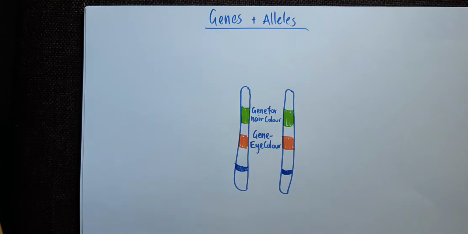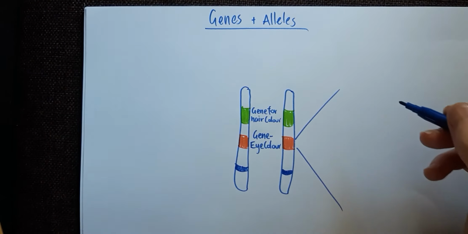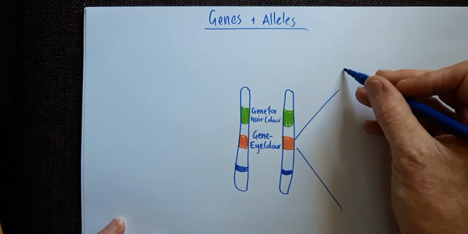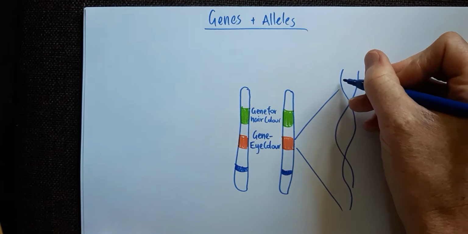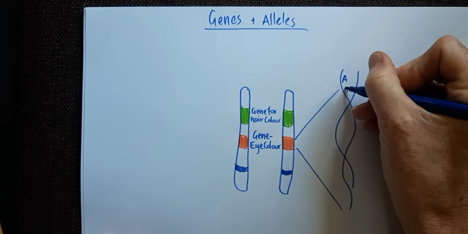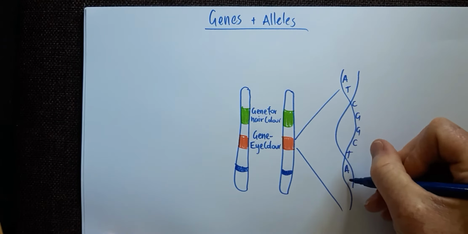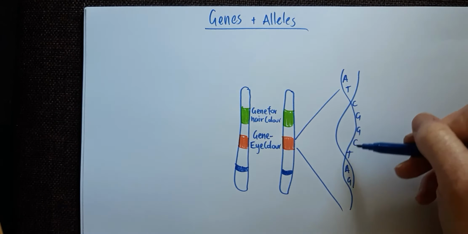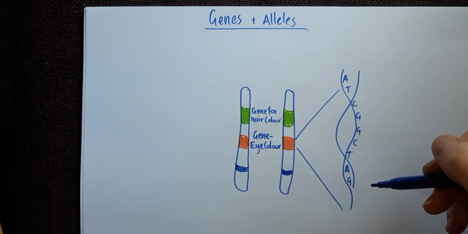So we're going to have a wee look at the gene for eye colour, and I'll just make this opened up a little bit for you. So if you can imagine that we have a look inside this chromosome. Remember, chromosomes are just DNA that's been coiled up. And if we have a look here, we might have the combination of letters A, T, C, G, G, C, T, A, G. That combination of letters, when it gets read by things called ribosomes in the cells,